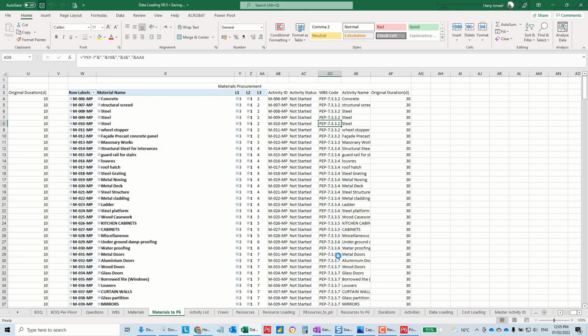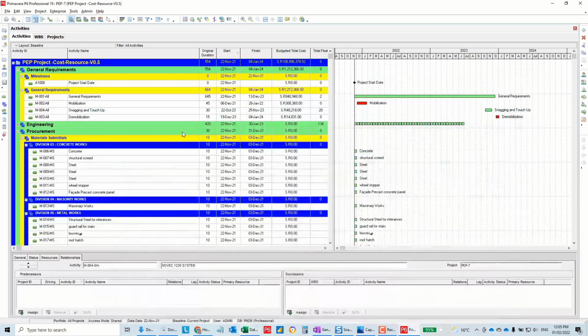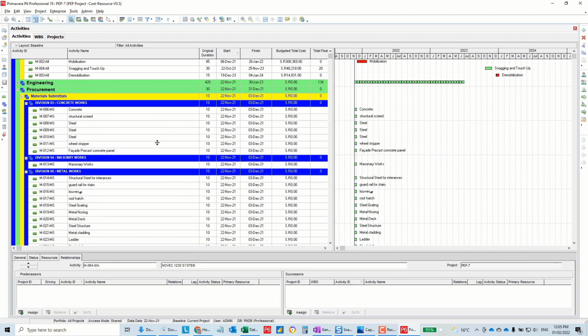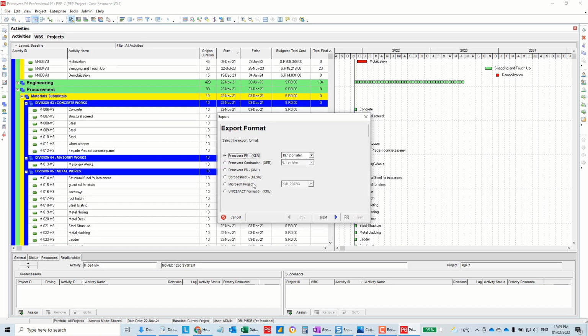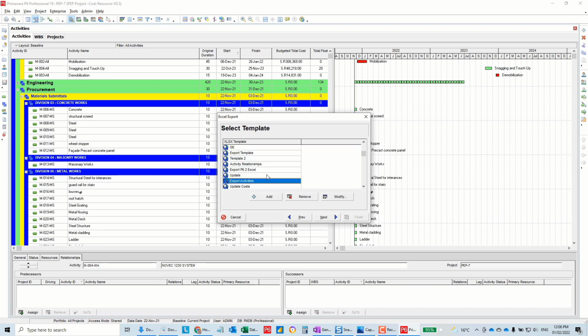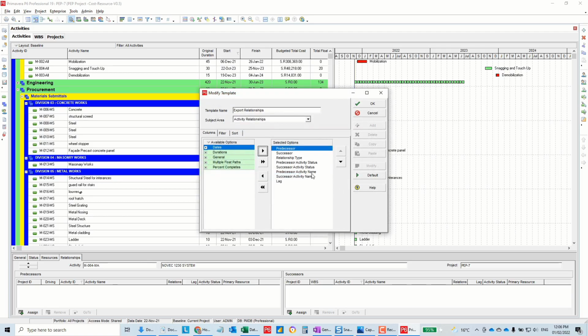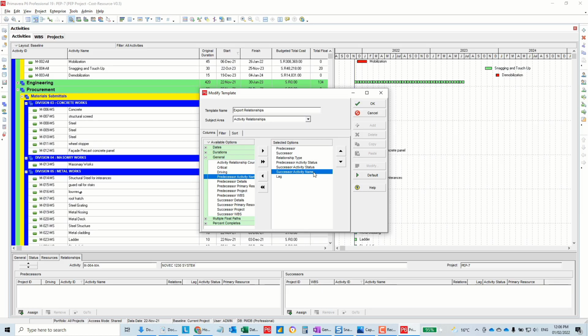Okay, so what we want to do now is link all the material submittals to the material approvals. So I'm going to File, Export, Spreadsheet, Activities, Relationships. Next, here I would like to see where is my template for export relationships. I can see predecessor, what is the successor for it, relationship type. I don't need activity status, and I don't need the activity name. I need the lag, might be I use it. Okay, next,